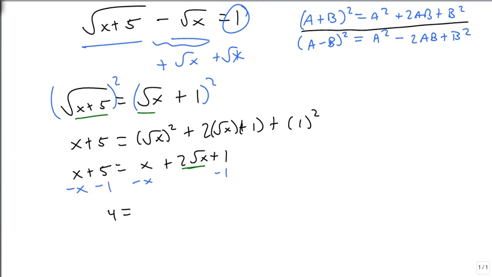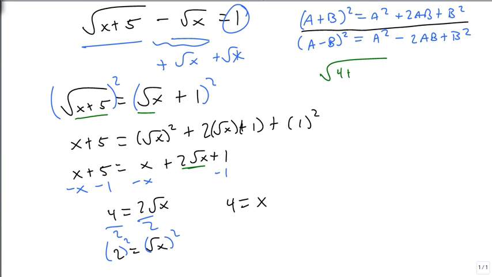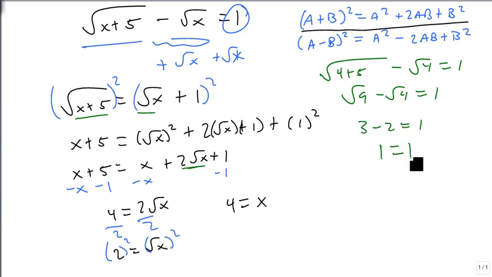giving us 4 equals 2 square roots of x. Because the 2 goes into the 4, we'll go ahead and divide it out. So 2 equals square root of x. Square both sides. Gives us 4 equals x. We go back and check our answer. 4 plus 5 minus the square root of 4 equals 1. Square root of 9 minus the square root of 4. 3 minus 2. Sure enough, 1 equals 1. And we get our answer. We know our answer is x is